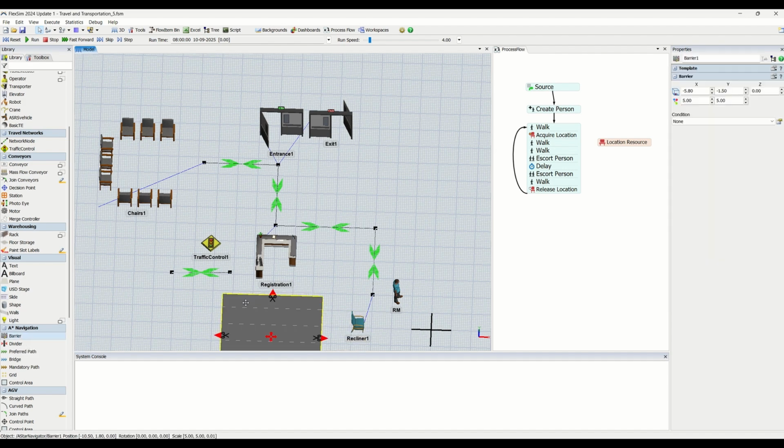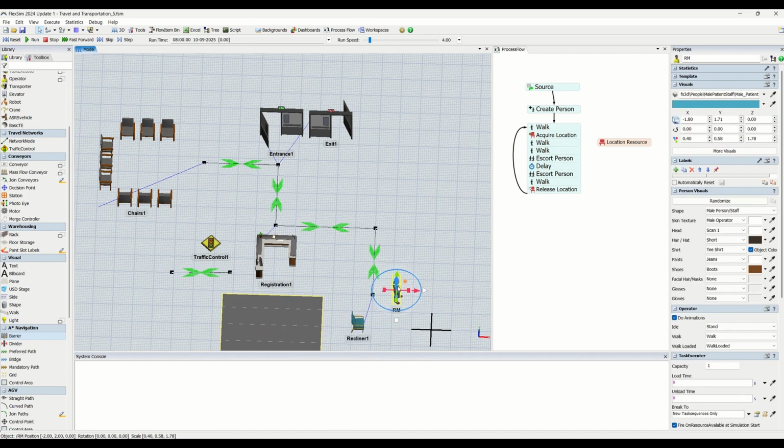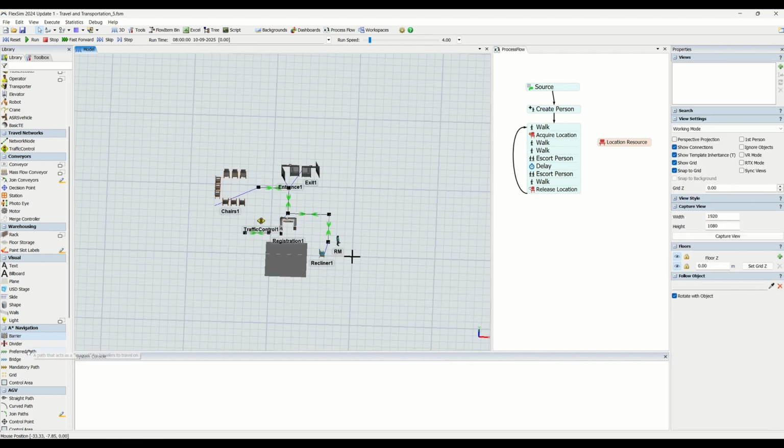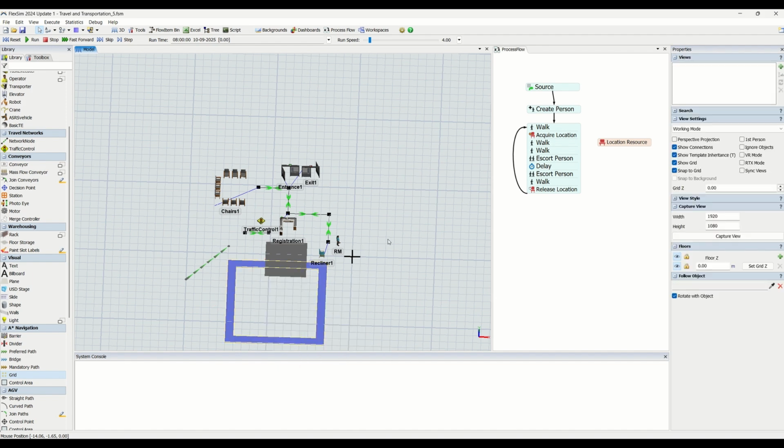We can use the barriers, we can use multiple different things as well, but that's not a big deal. Okay, so there are many things in A-star navigation you are supposed to be making use of. Okay, so preferred paths are there. Then you can have a grid. Okay, this grid. The grid is going to have multiple different things, and this is all very much created in detail, right? So in order to get an A-star system, adding an A-star system in a model,